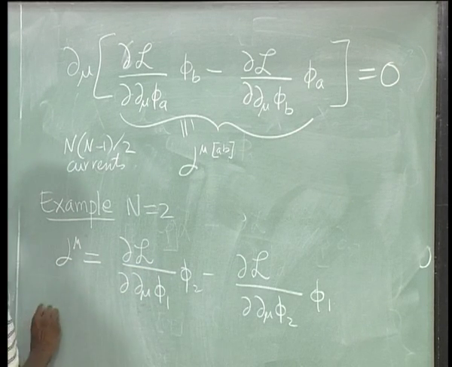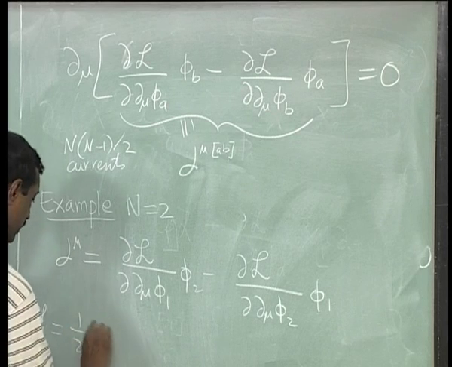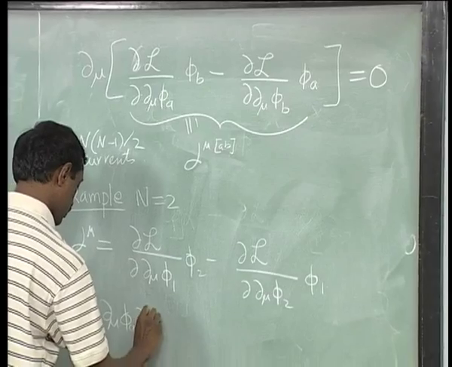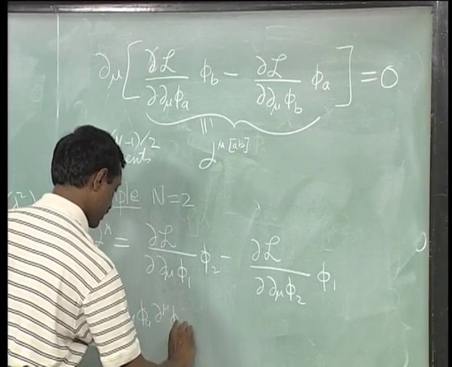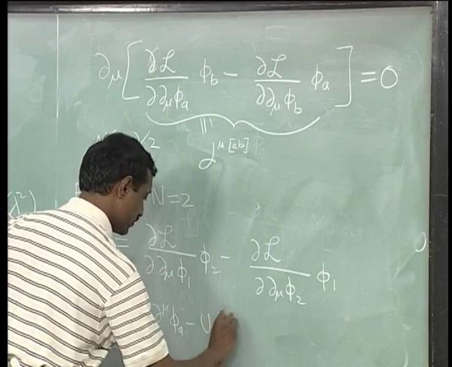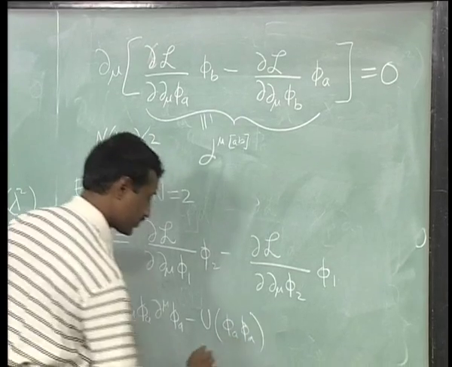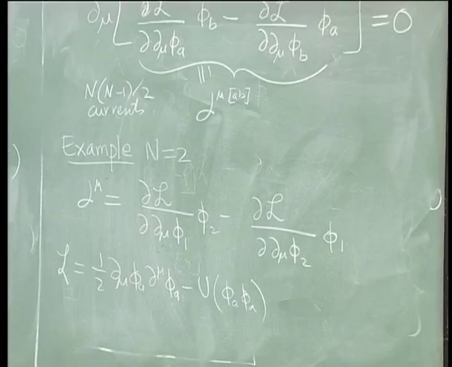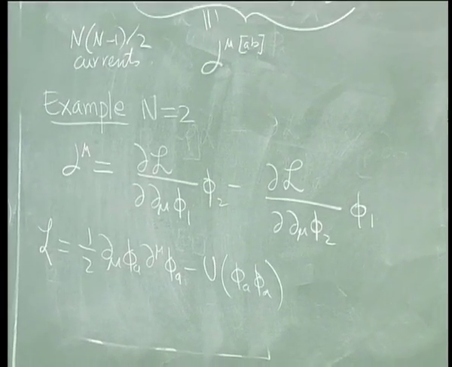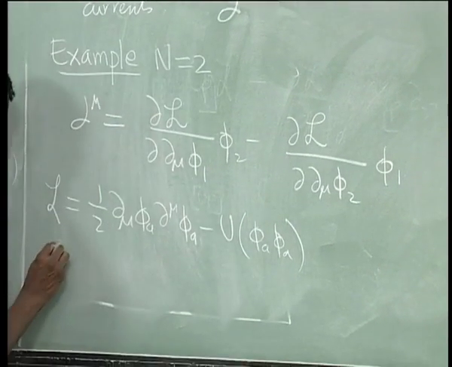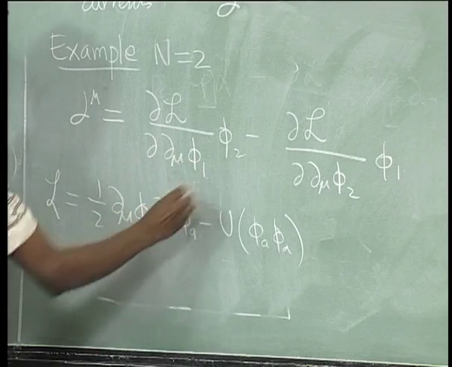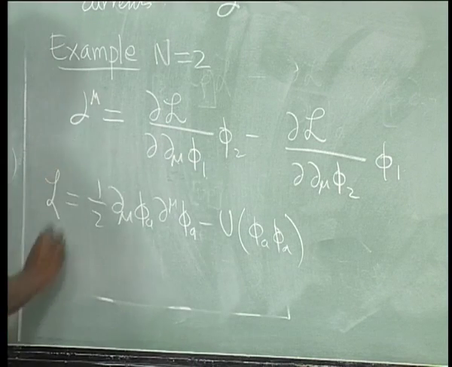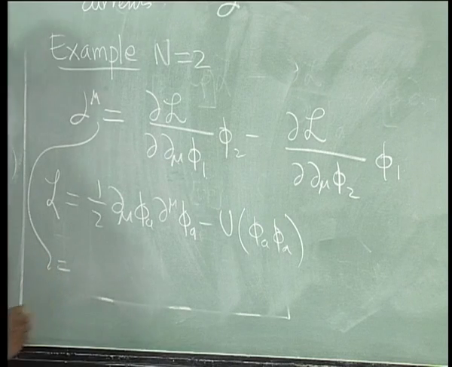And the Lagrangian was just the normal half d mu phi a d mu phi a minus some U which was invariant, which only depended on that SO(N) invariant combination. So, now you can see that d L by d d mu phi 1 will just be d mu upper of phi 1. So, this will imply this is equal to